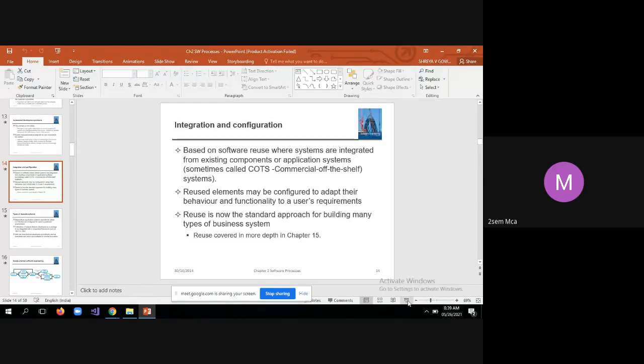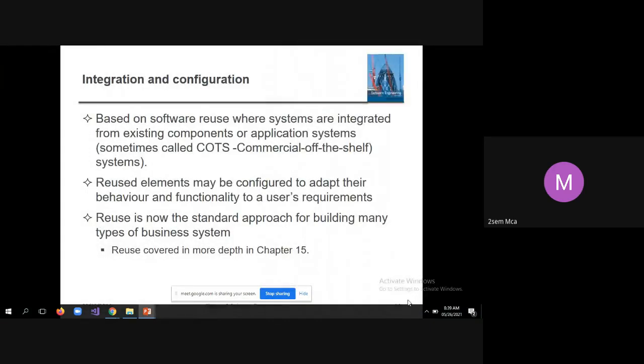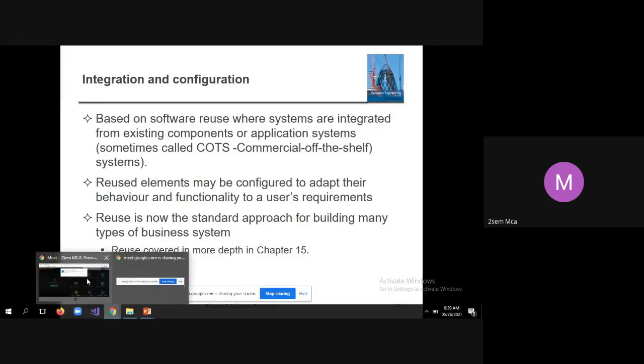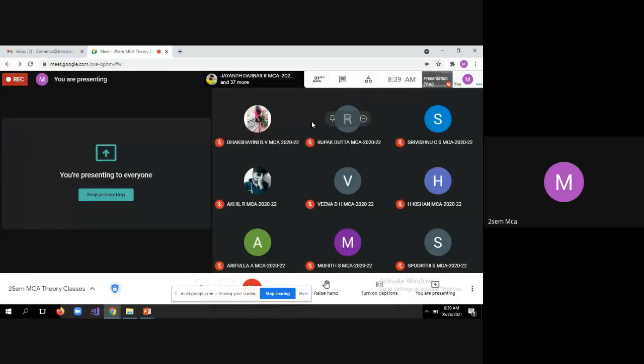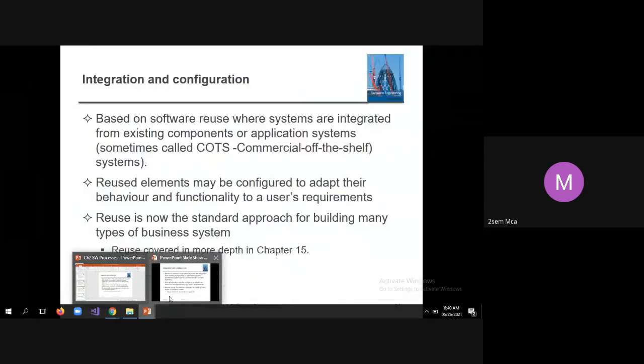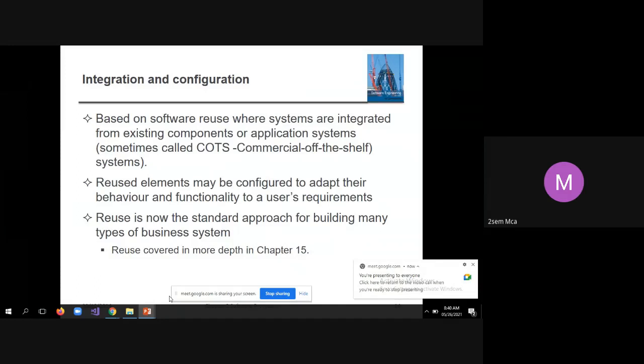Anyone? Akrut? What did you learn from the waterfall model? Hello? Akrut? Huma? Huma, are you there? Hello? Benakraj? Benakraj? Students, tell me what you learned from the waterfall model.